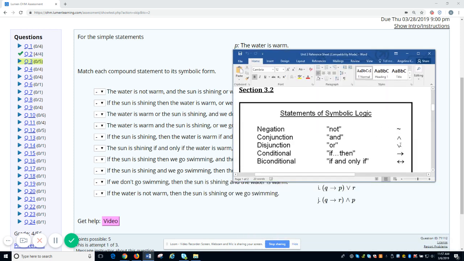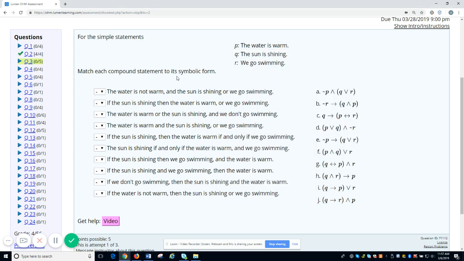the meanings of these connective symbols. So you should know, or you can refer to the reference sheet to know that this means the and connective, this symbol means the or connective, this is the if-then conditional, and the biconditional, and this represents negation. Right. And then another thing you'll notice is that we have 3 simple statements, and this is how they're